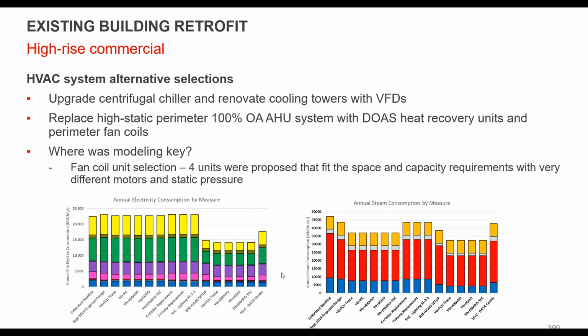And there wasn't a very big change, but the big change was the DOAS, right? When we got those high pressure static systems out, we got the fan coils in place. That made a huge difference in the overall. So there were, again, a ton of different units run on this fan coil system, and we were able to model all the different static pressures of all these different systems and compare them. At the end of the day, the variation was very slight, and the size of the unit ended up driving which one was installed.